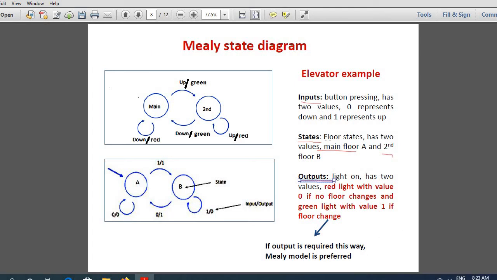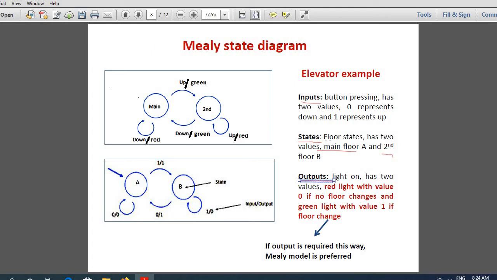That is my requirement. So I'm going to design an elevator which goes through 2 floors, main floor A and second floor B, and the elevator has lights and it will glow red whenever the state is not changing. For example, you are on the ground floor, you are pressing down.